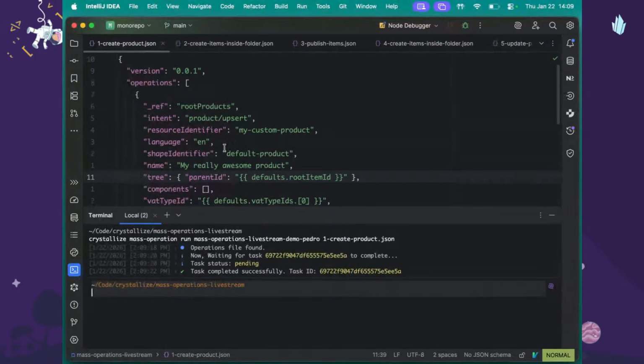This is probably slower if you just have to do one request, slower than using the API directly. But if you have to do two or more, this will be for sure faster. So now, if I find my tenant,